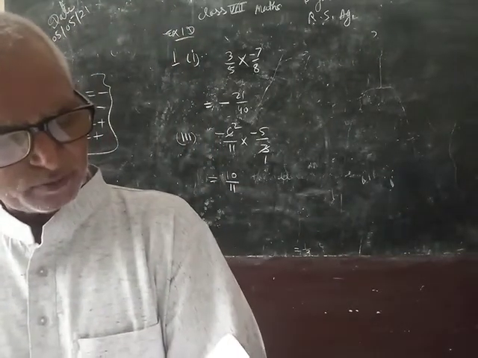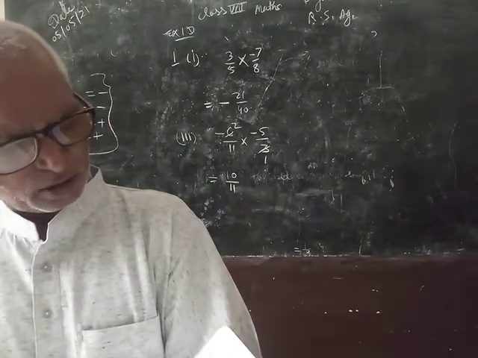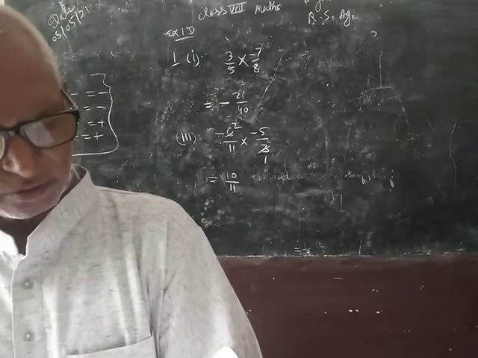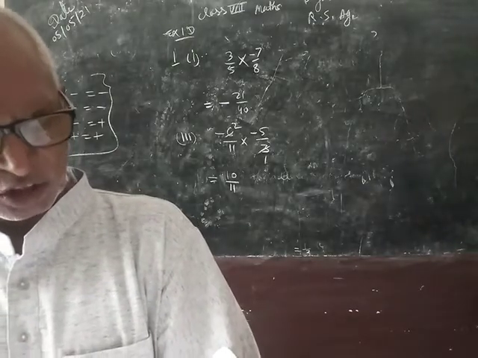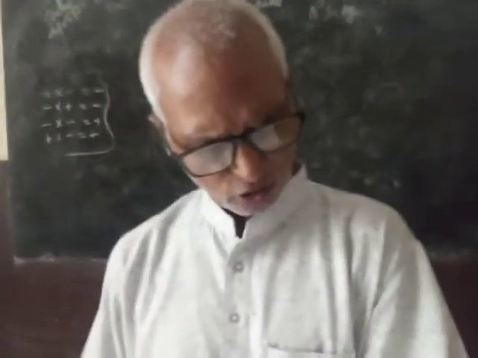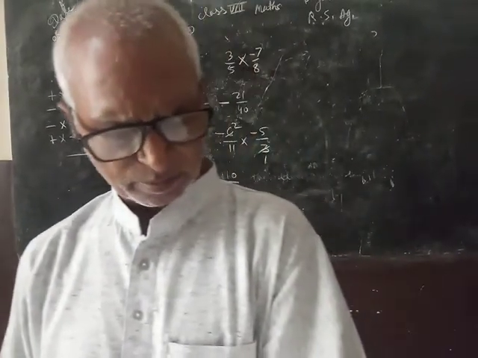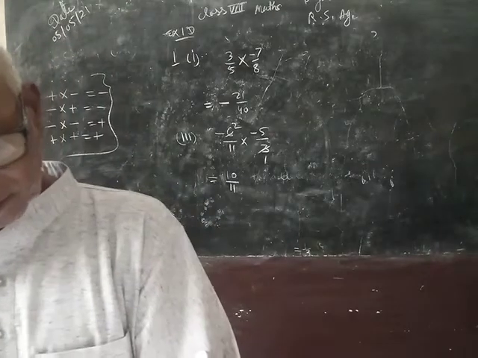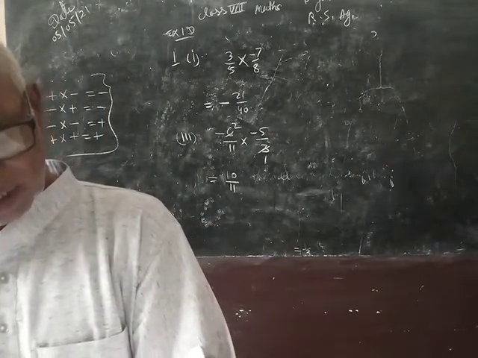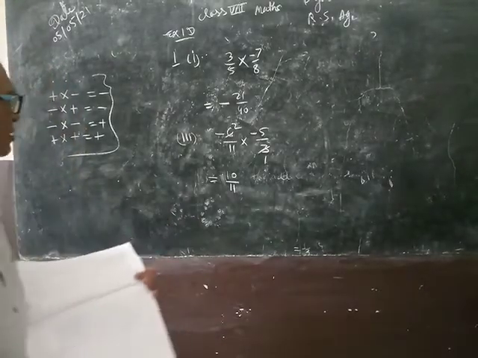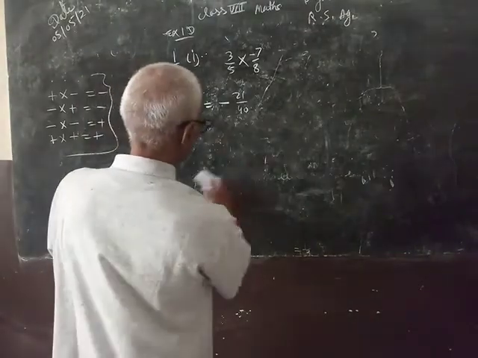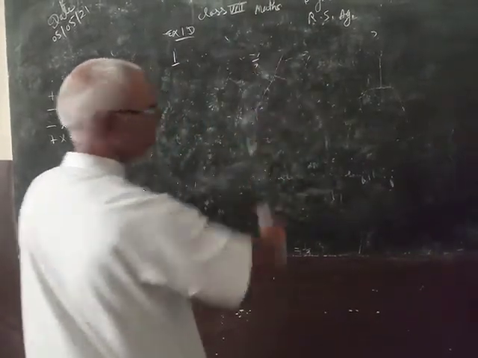Similarly, in the fourth part, one simplification, 3 twos, so it will be minus 4 by 7. Try to do it yourself. In the fifth, sixth, in all these parts, some simplification is there, because 12 parts are there. So now I am doing the 8th part. The 8th part is a bit bigger than these parts.